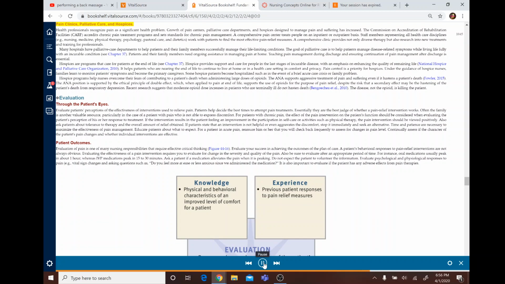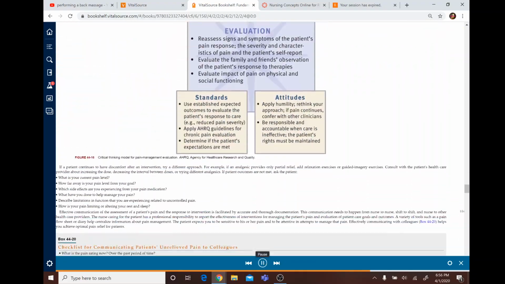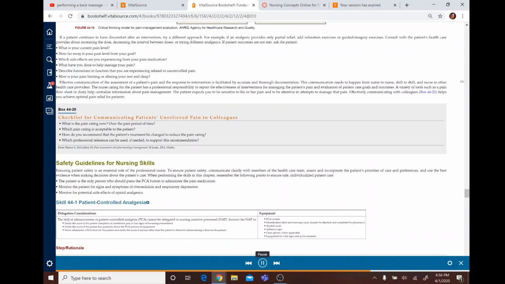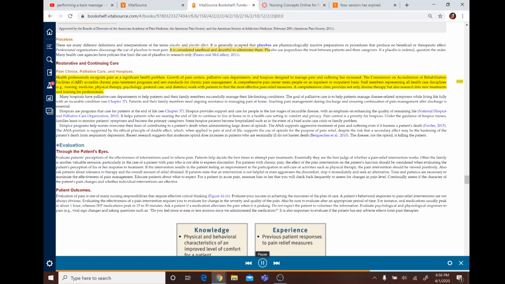Pain clinics, palliative care, and hospices. Health professionals recognize pain as a significant health problem. Growth of pain centers, palliative care departments, and hospices designed to manage pain and suffering has increased. The Commission on Accreditation of Rehabilitation Facilities, CARF, accredits chronic pain treatment programs and sets standards for chronic pain management. A comprehensive pain center treats people on an inpatient or outpatient basis. Staff members representing all healthcare disciplines